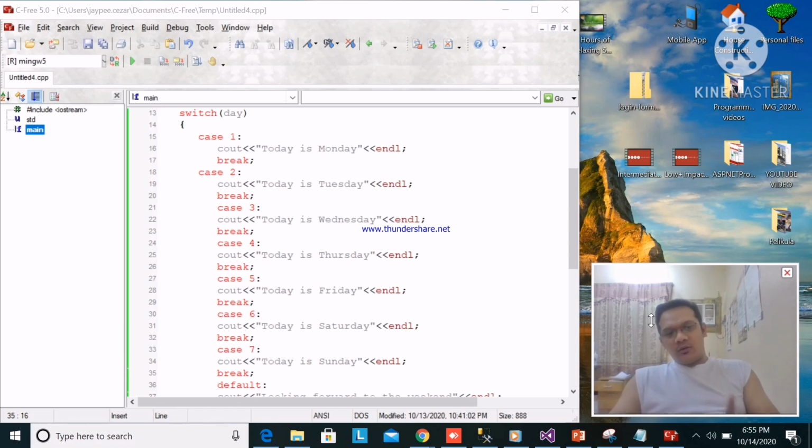Parang ganun din sa if statement, there is a nested if statement. Mayroon din switch statement, mayroon din else if statement. So, ganun din yung looping. Pare-pareho lang ang gamit niya, although may konting difference, pero